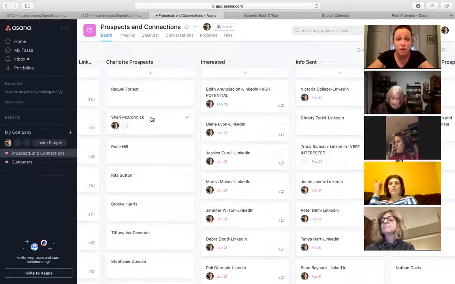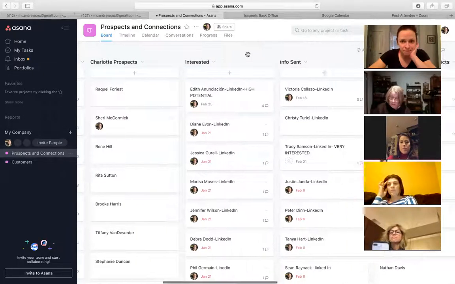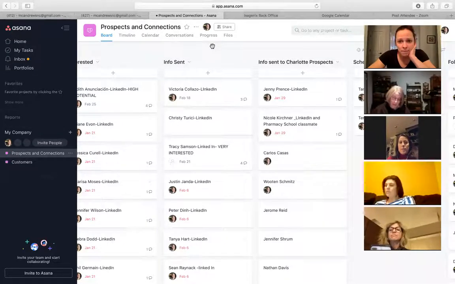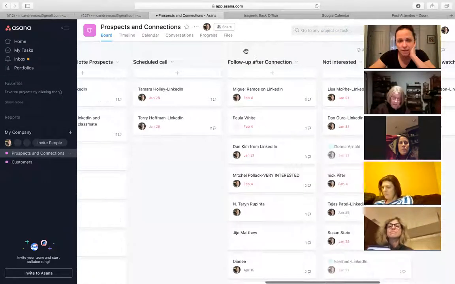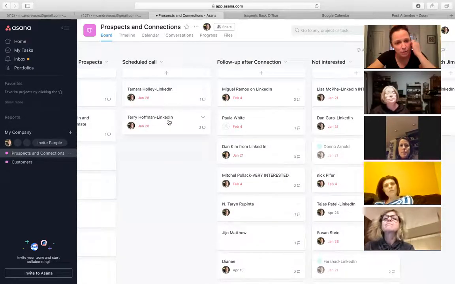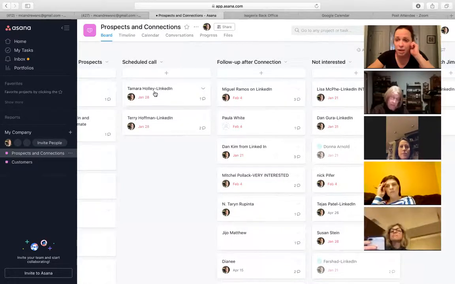I should probably do the same thing with my team. On my other group, put all my Charlotte team in a column so that when we're doing things, I know I'm organized about firing that out. Okay. All right. Now, so info sent. And then I have an info sent for Charlotte prospects too. I'm not sure why I did that. Okay, now having scheduled, I should have followed up with Terry. He was supposed to get an ultimate pack this weekend. Okay, that's okay. Tamara, so here's a good one. Tamara and I had a scheduled call this past week, and Tamara enrolled.